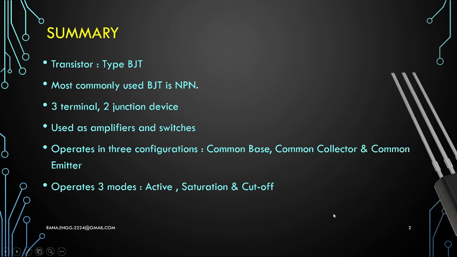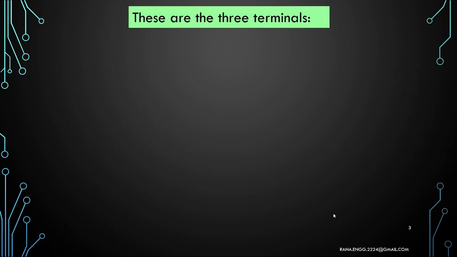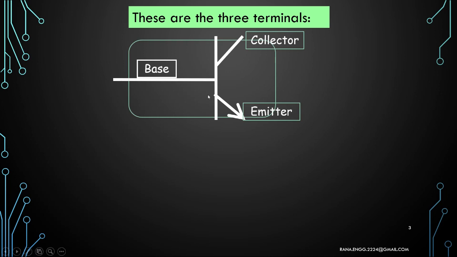It's all about transistors here. So let us discuss our today's topic. What are our three terminals? We have base, we have collector, we have emitter. BJTs are further classified into two types, as we have discussed in previous session. We have PNP transistor and we have NPN transistor. The one which is shown here is NPN transistor because it is most commonly used. In NPN transistor, the arrow of emitter goes out. In PNP, the arrow goes inward.